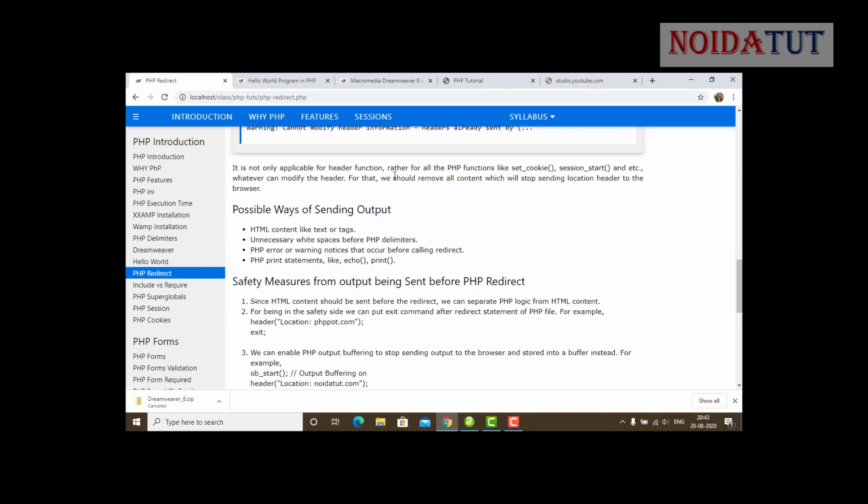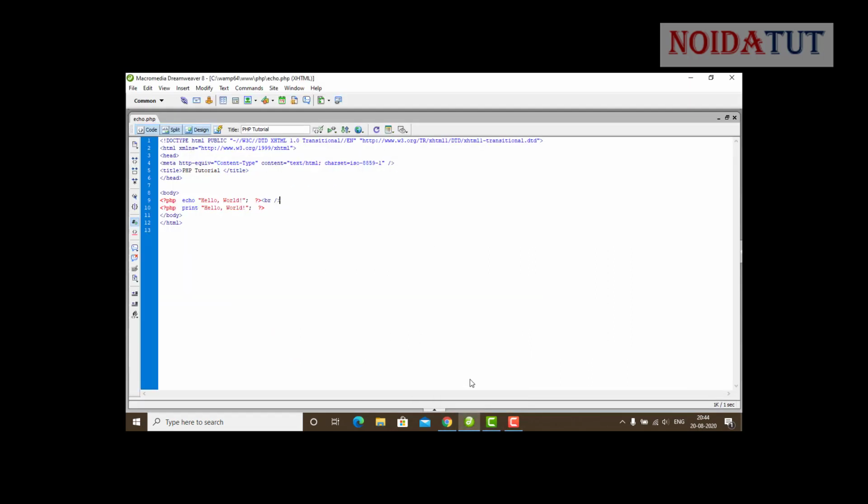For that we should remove all content which will stop sending the location header to the browser. Possible ways of sending output are HTML content like text and tags, and unnecessary white space before PHP delimiters. Unnecessary white space refers to any space. Suppose this is the PHP code and we give a space over here.